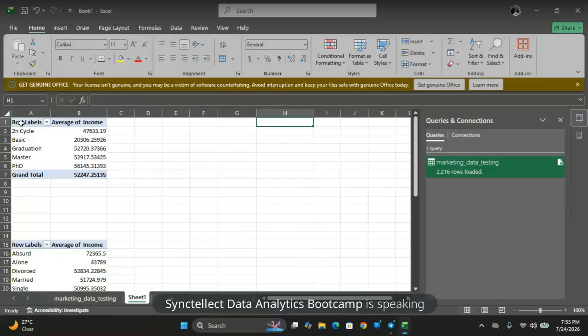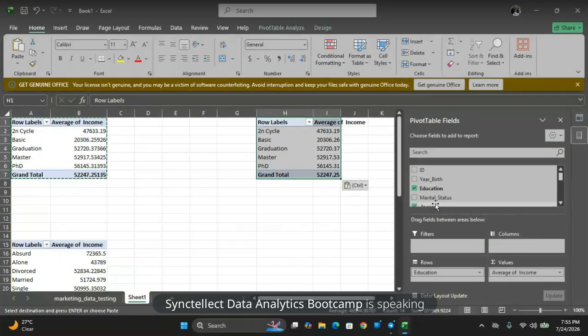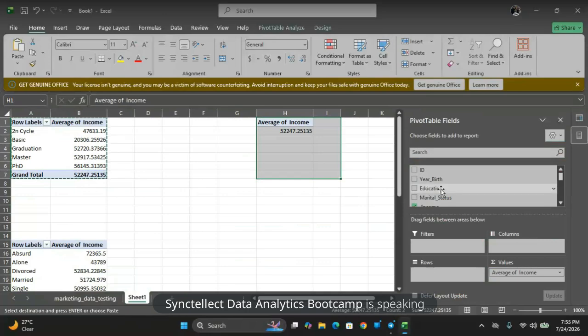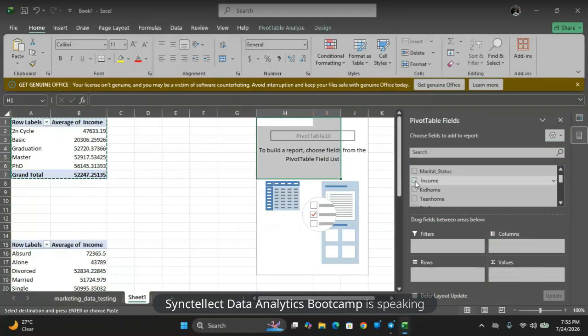Control C, Control V. This is a very fast way to do stuff instead of doing it manually. So now, in my columns, I want what? And there's no big deal in trial and error while doing this. You can just try some things out. If it works the way you want,